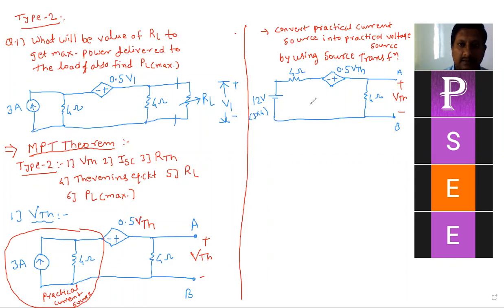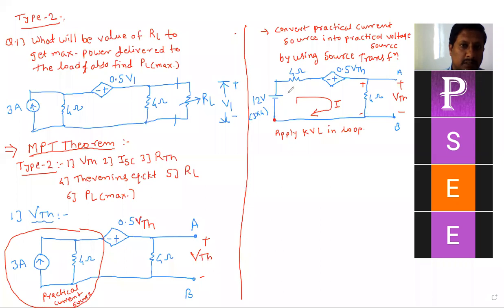हा series circuit झाला, बरोबर आहे. यातलं करंट मला माहित नाहीये, पण एकच करंट असणार. That current I will take as I. Okay, and according to this 12 volt, it will flow in a clockwise direction. किंवा ह्या प्लस मायनस वरनं तुम्ही I चं डायरेक्शन हे क्लॉकवाइज घेऊ शकता. So apply KVL in loop.